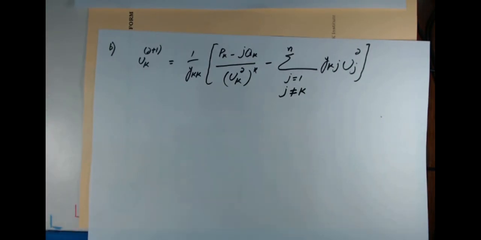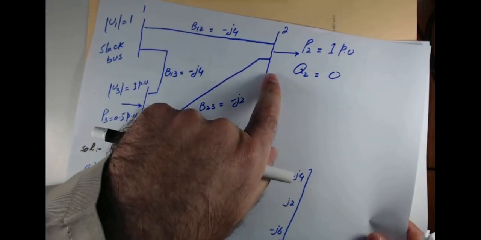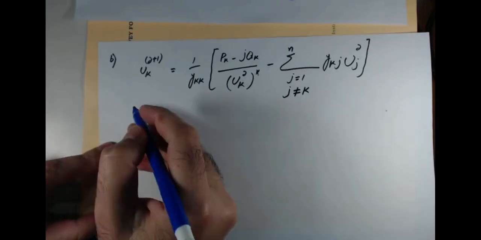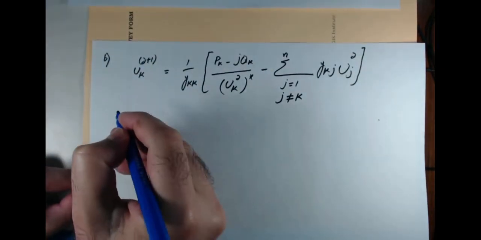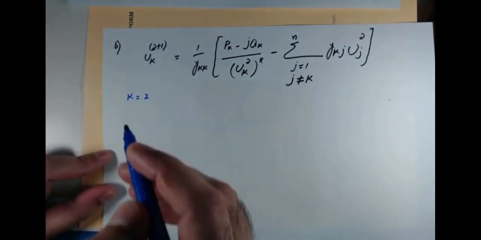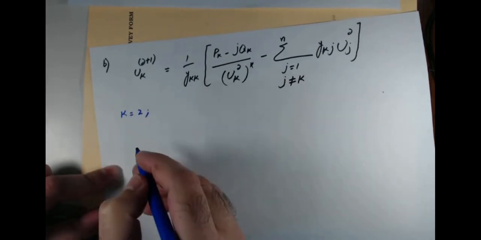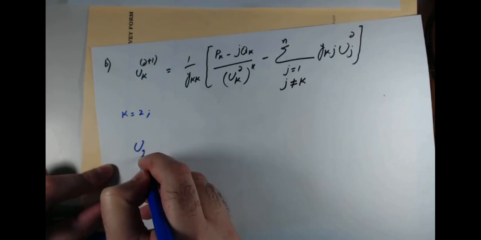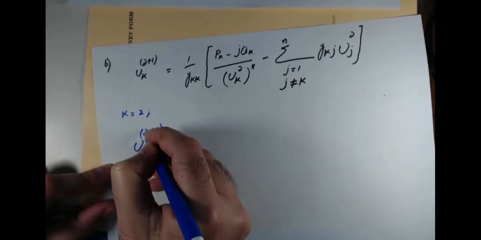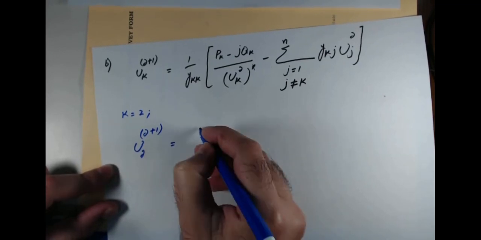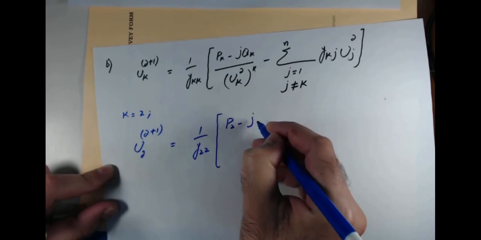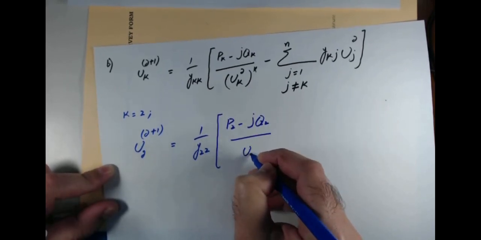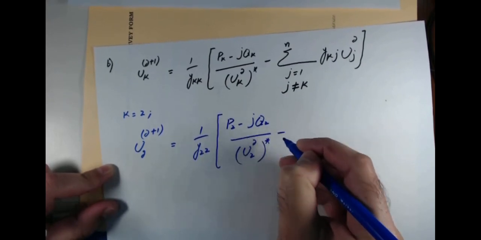So now using this algorithm, we are supposed to find the voltage at bus 2 and the angle at bus 3. So let's start with the load bus, for which K is basically 2. So for K equal to 2, this expression becomes U2^(rho+1), where rho is the iteration, equal to 1 over Y22 times (P2 minus jQ2 over U2^rho conjugate minus